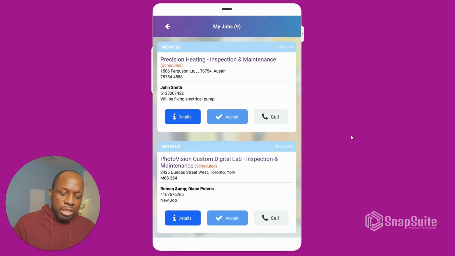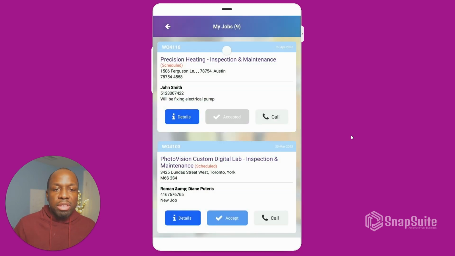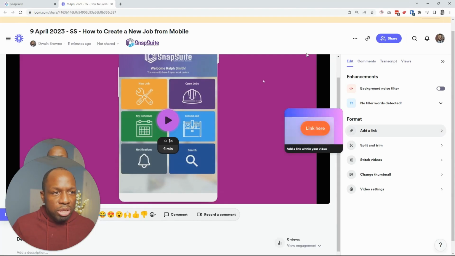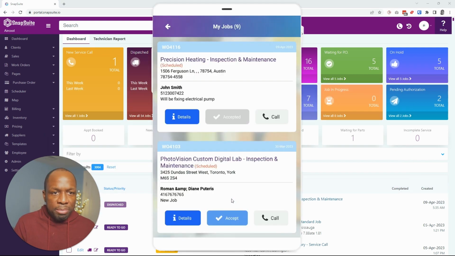And from there, the technician just has to do one thing. They just need to click on accept. Once they click on accept, they'll confirm with a yes. And what it actually does is change the status on the desktop, so they can see the desktop version of that job changed to accepted job. And that's basically what happens there. So with that,